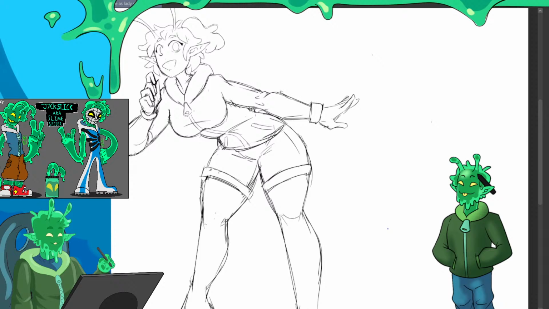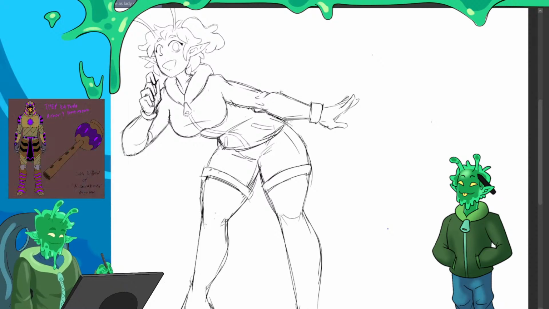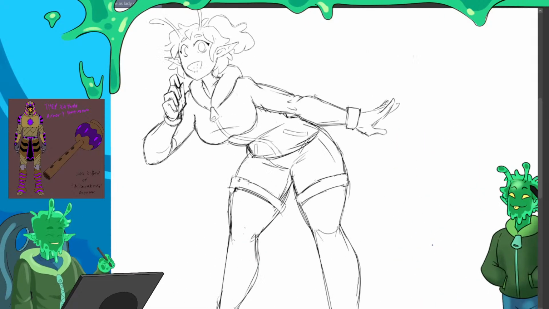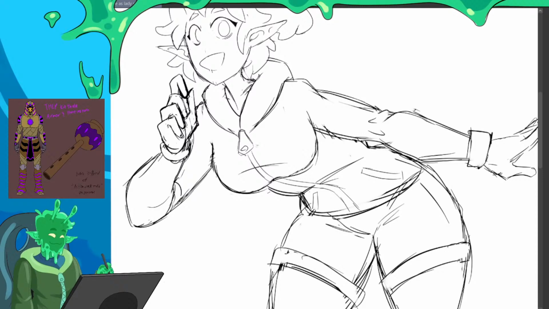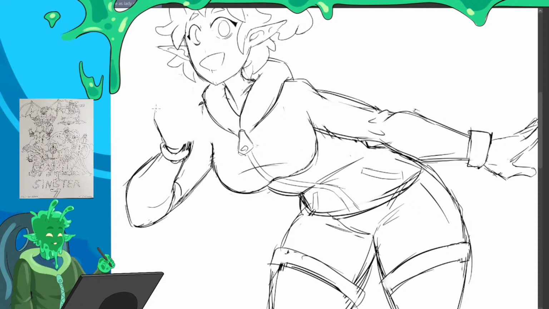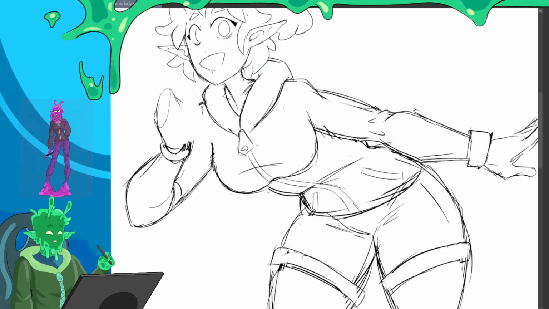I keep making her thicker in the waist and the hips, just because I like me some thick ladies. I'll have to draw her standing fully up and at attention, in a T-pose, so that I can get Tim to model her maybe someday. Who knows? Maybe someday if we have time. If I do ask Tim to help me model her, I would record the whole process and we would make a video out of it because it's fun.